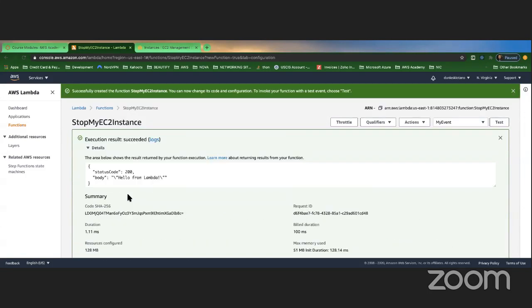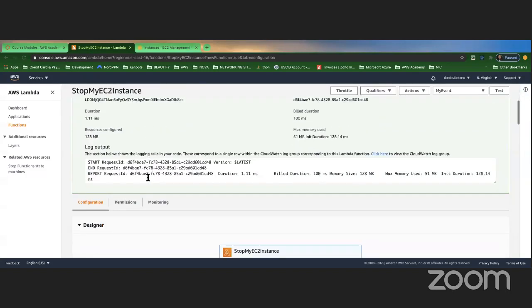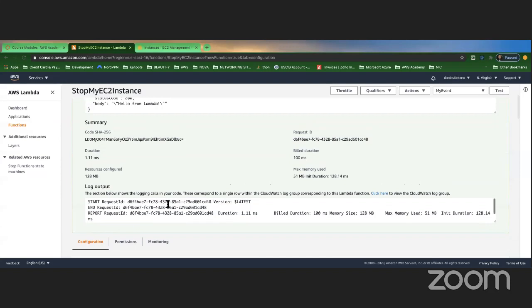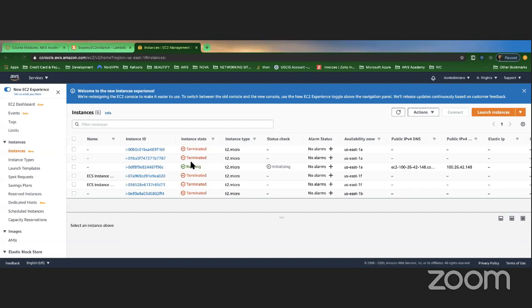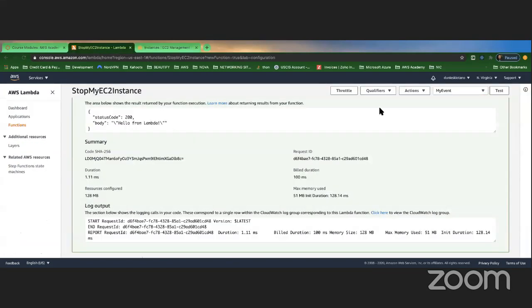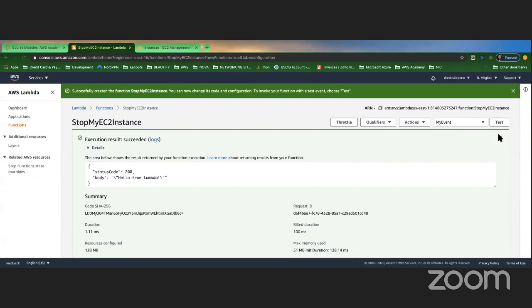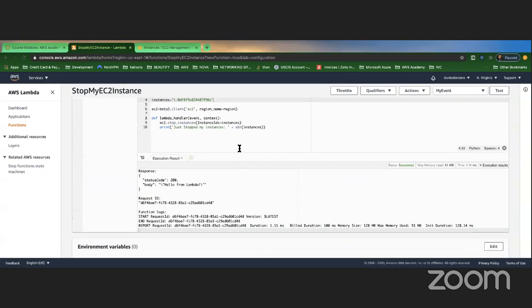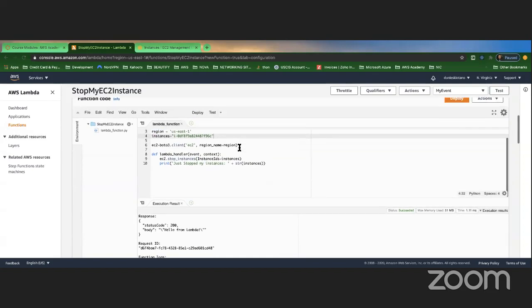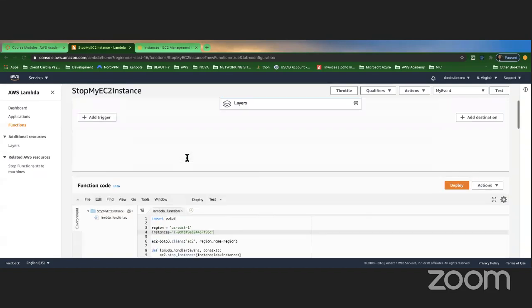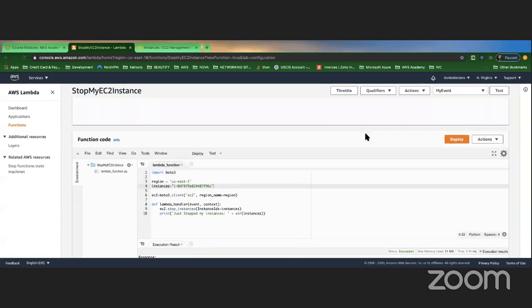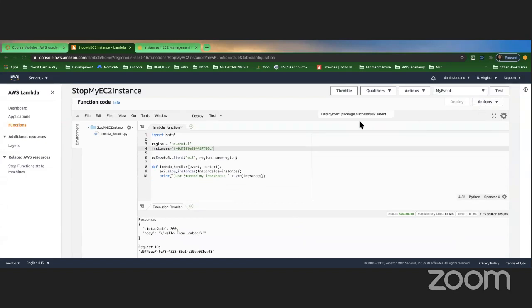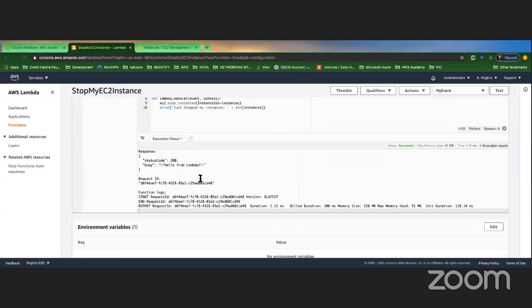Why am I getting hello from Lambda? Okay, let me see. Still running. What happened here? One moment. Just give me 1 second. Status code 100. Okay. So now,